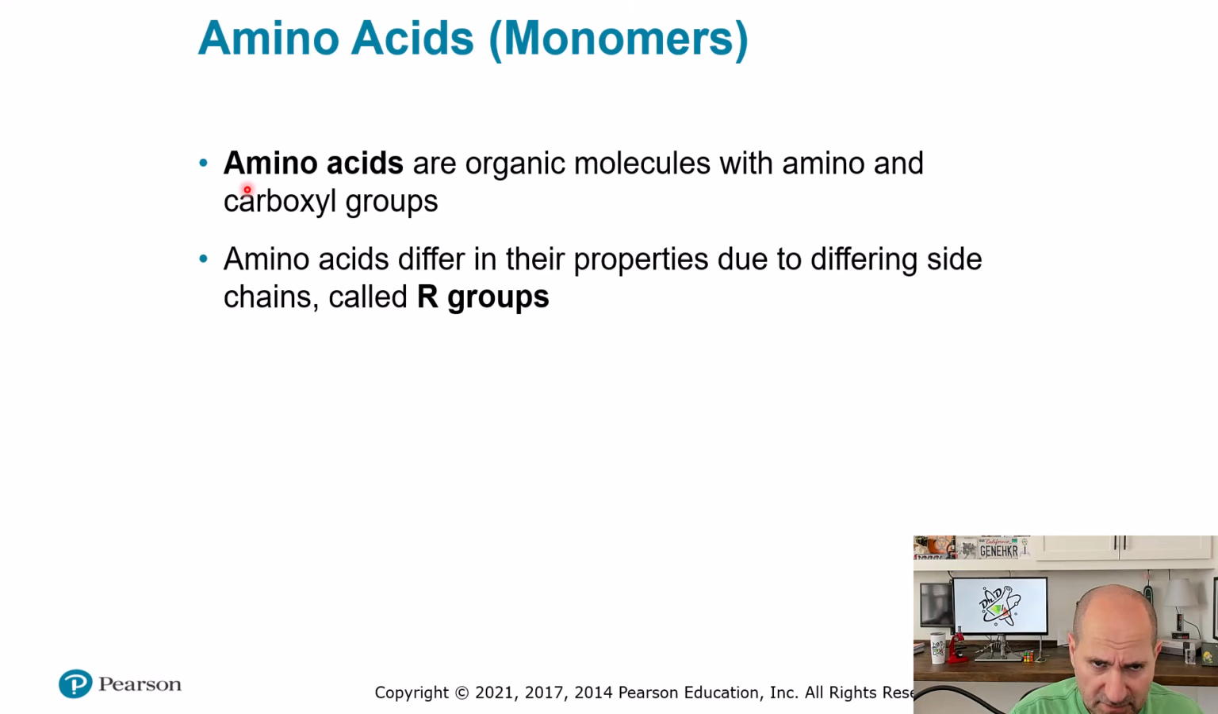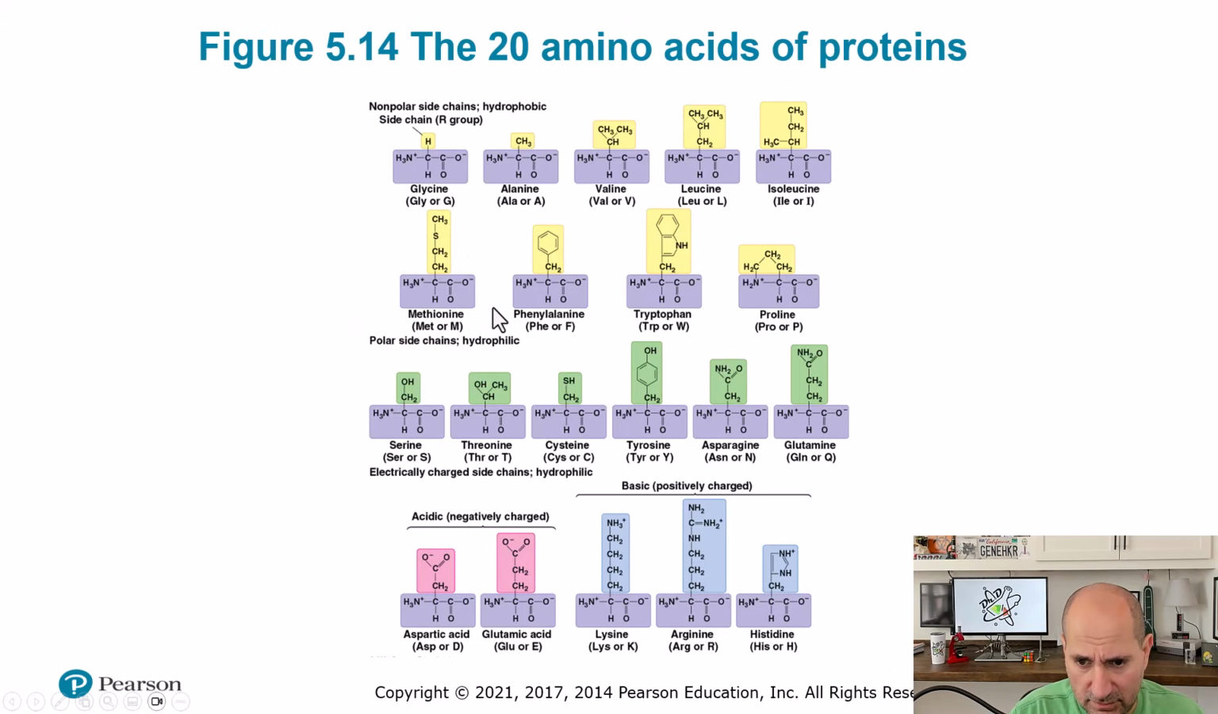You should know that amino acids have a carboxyl group. You should know that amino acids have an alpha carbon. And then amino acids have an R group, right? All amino acids have an R group. Here are the 20 amino acids. I may